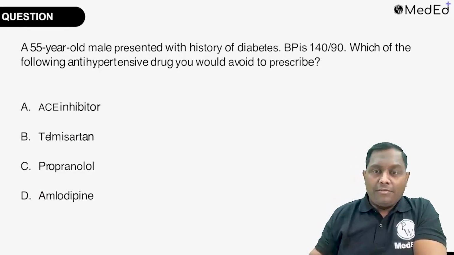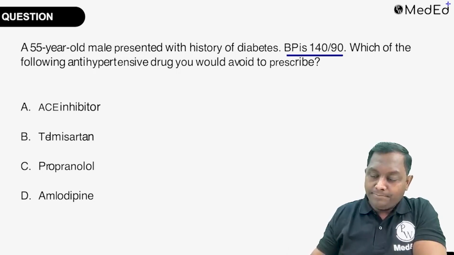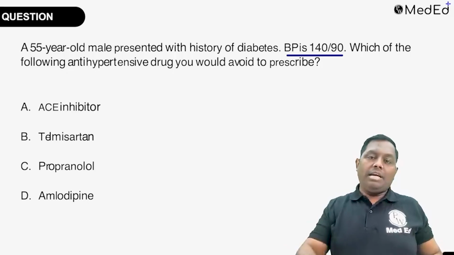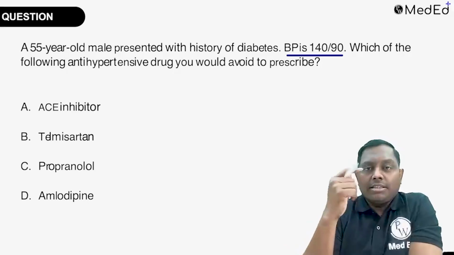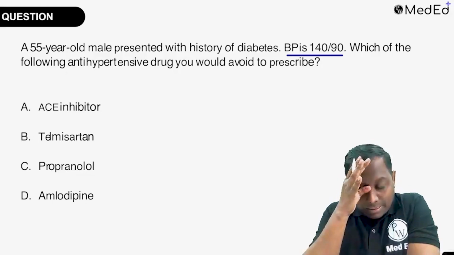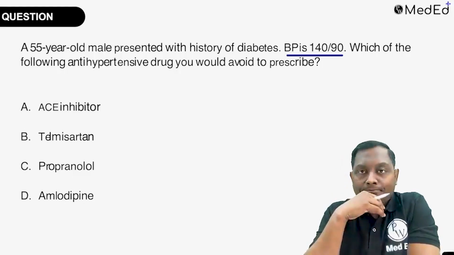Next is, a 55-year-old patient presented with a history of diabetes and BP is 140/90. Which of the following antihypertensive drugs would you avoid to prescribe? So this is a case of diabetes and he is already having high blood pressure. If there is a diabetic patient, always remember he must be taking some anti-diabetic drug. So in any diabetic